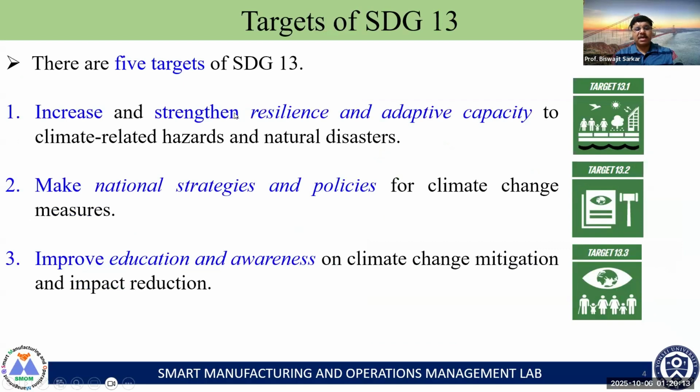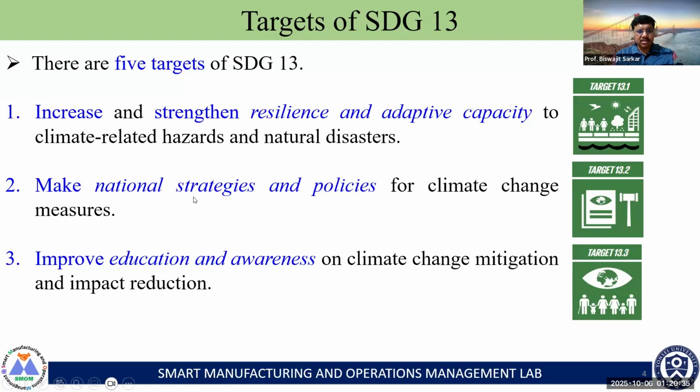There are 5 targets for SDG 13. Now, what are the targets? Increase and strengthen resilience and adaptive capacity to climate-related hazards and natural disasters. This is the first target. The second target is that